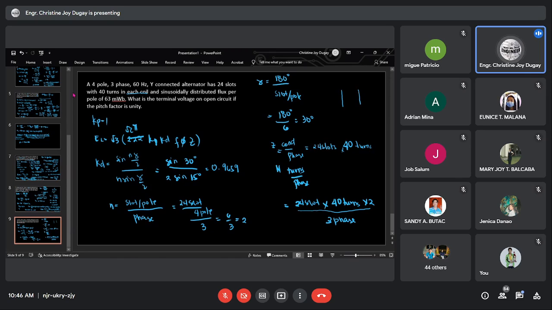So that is equal to 640, ang NC natin. Tama? Tama ba ako? 24 slots, 40 turns in each coil. Since dalawa yan, you're just going to multiply it by 2 and then i-divide nyo siya ng 3 phase. So substitution, so ang E-line po natin ngayon, that is equal to square root of 3 ng